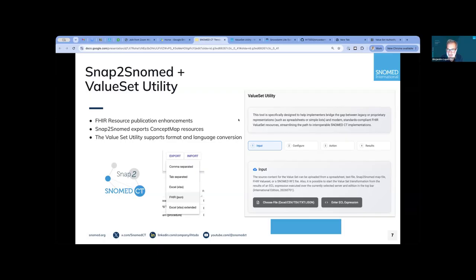So these value sets are really a way that implementers have of customizing how the system looks for a clinician. Well, they don't see the whole SNOMED CT terminology, but sometimes in a structured form, they click on a button and they see 5 options, and these are the relevant options to choose from. So the creation of value set and the creation of maps is really a way to customize SNOMED CT.